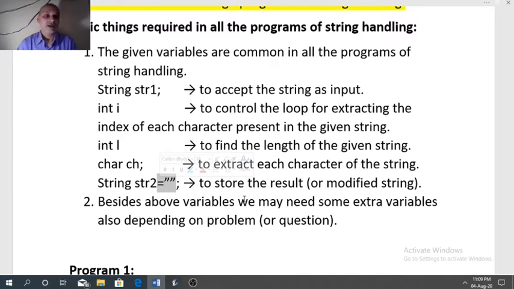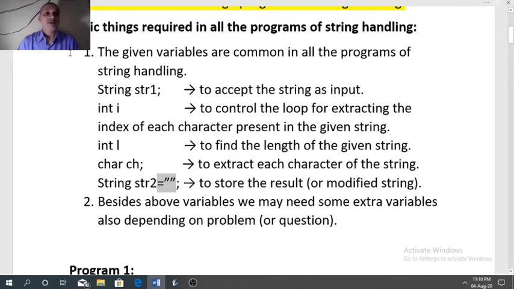In the same way, when we deal with the programs of string, to find the modified string we need to store blank in the variable that will store the modified string. This is the reason blank is stored.